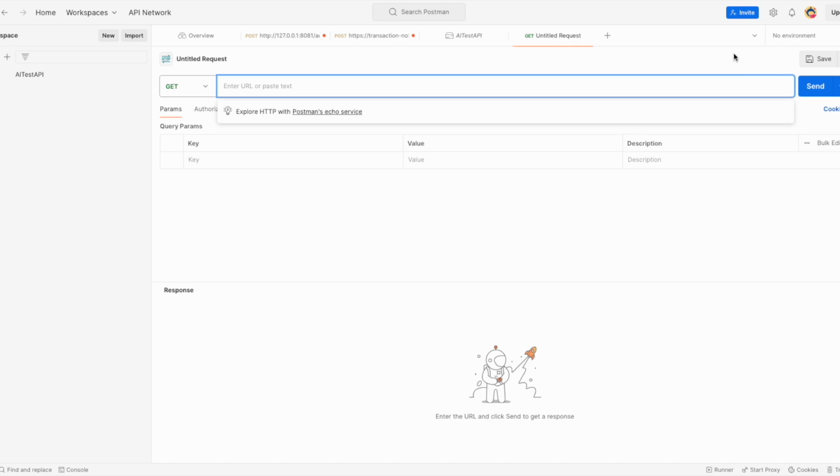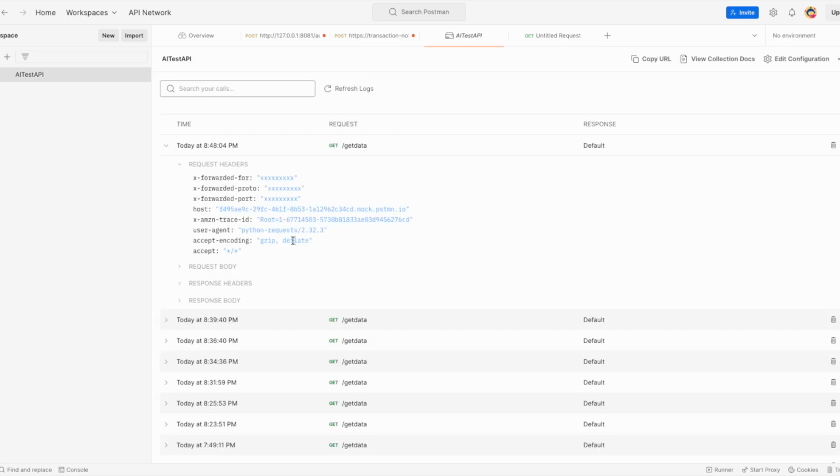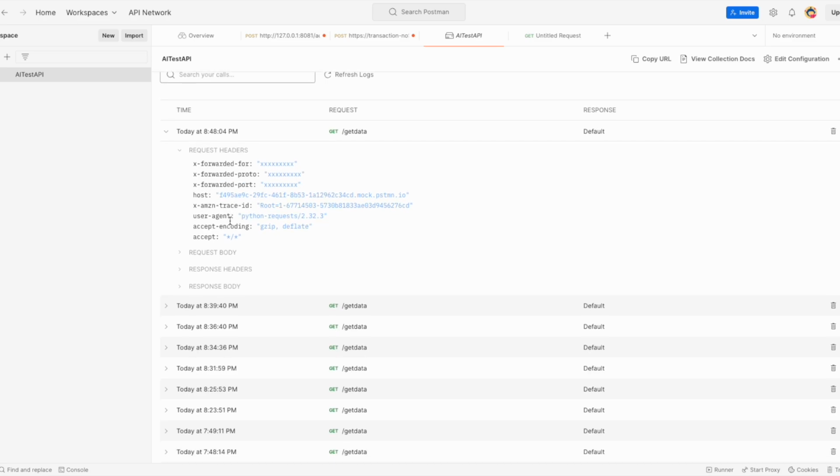You can also import a collection. You can also create a new collection, and you can essentially just set it up. So I've just set up a test API over here, and you can see that this test API essentially